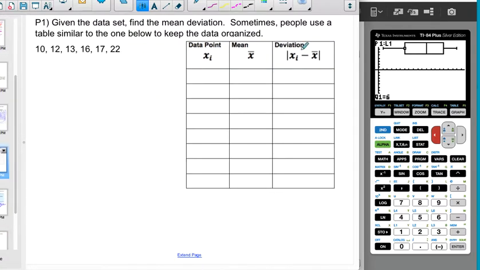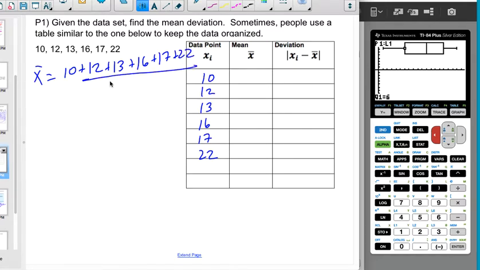All right, so go ahead and give this a try. Again, I'm going to go ahead and plug these values onto our table. The first thing you're going to want to do is find the mean. So I'm going to find the mean, which is that x with the line over it. It's going to be 10 plus 12 plus 13 plus 16 plus 17 plus 22 divided by the 6 numbers